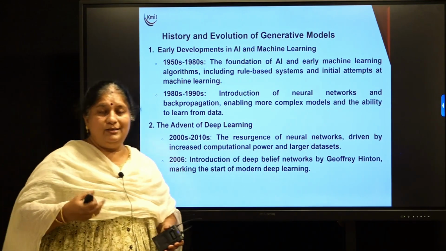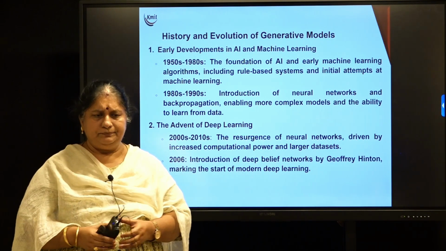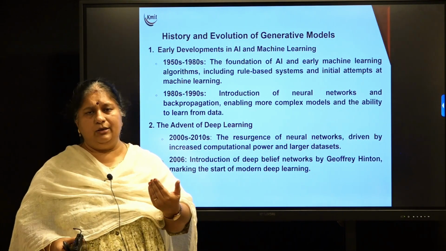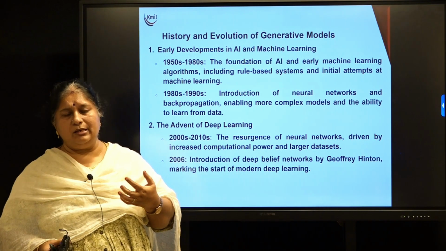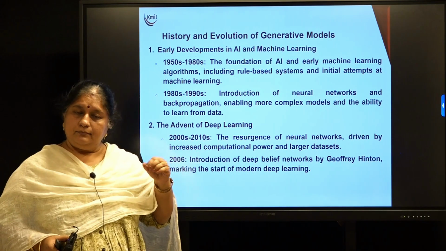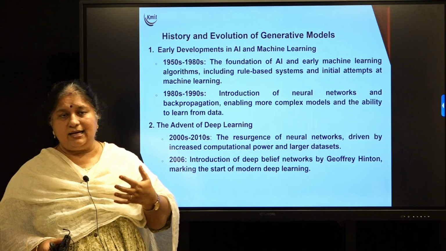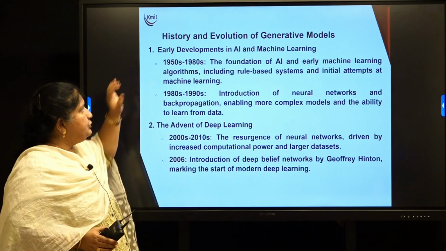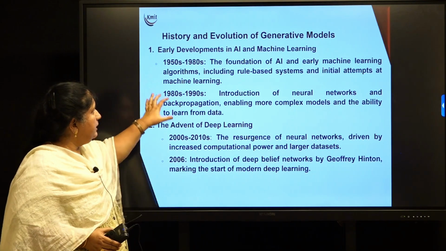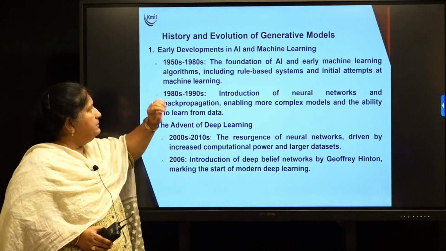Then, how did this generative AI evolve? We learnt machine learning, deep learning, and natural language processing also. So, how far has generative AI evolved so far, and where did it start? The evolution of generative AI can be put like this: in the early developments in AI and machine learning